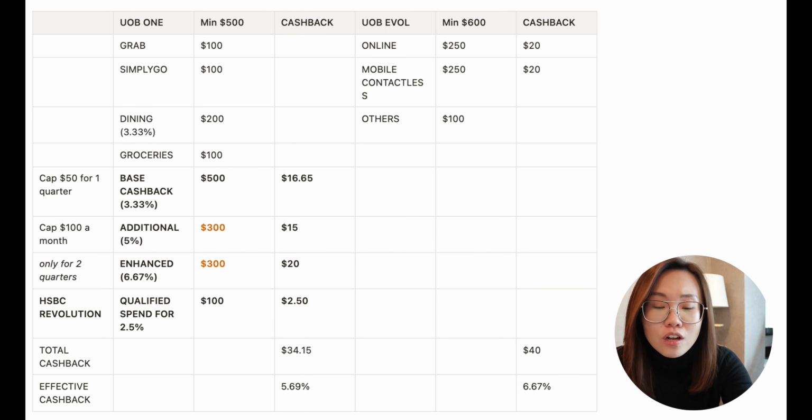$40 versus $34.15 doesn't include the enhanced cashback because enhanced cashback will only be around for a period of 6 months, so I do not account for this enhanced cashback. If I do a like-to-like comparison, UOB Evol is definitely better if you can just hit online and mobile contactless payment. Someone commented on my video to say that UOB Evol is super complicated and what more the UOB One